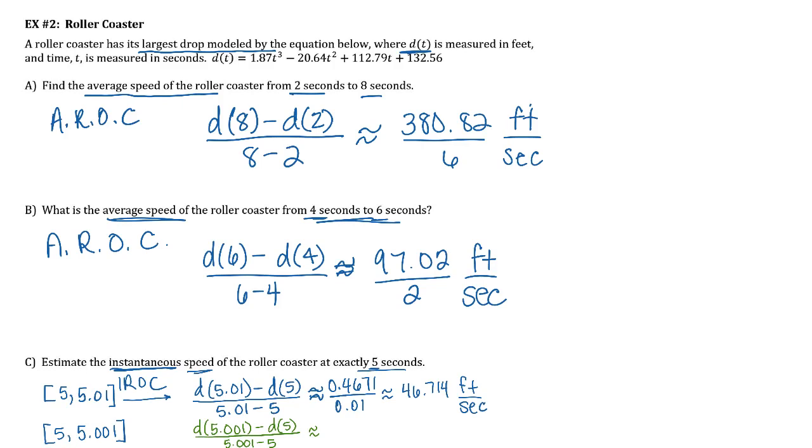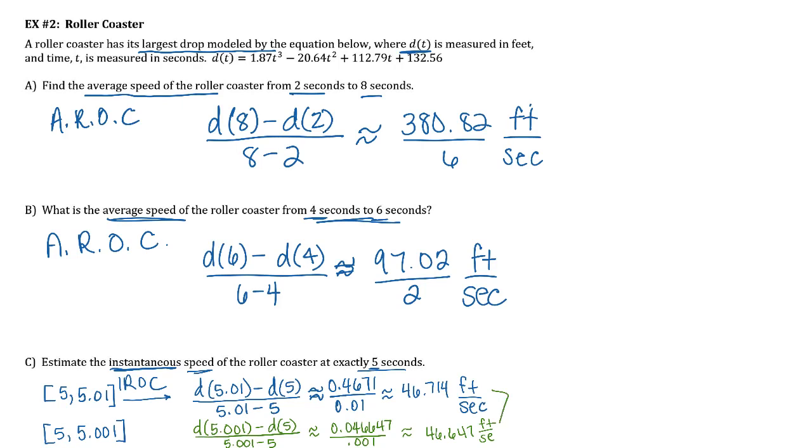I should get 0.046647, stuff like that, over 0.001. And so it looks like we can probably get a pretty good idea, because from there I'm going to get 46.647 feet per second. And so it looks like we can estimate from these two values here